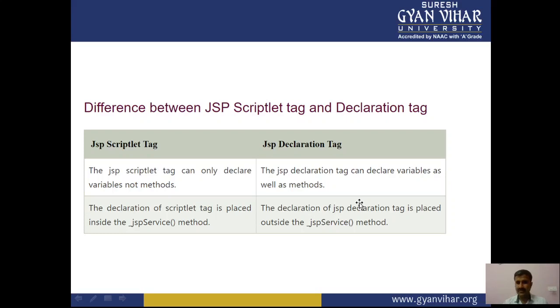Then JSP execution is the main logic, and JSP cleanup is also there. JSP technology is used to create web applications just like servlet technology, right? It can be thought of as an extension of servlet, with features such as expression language.